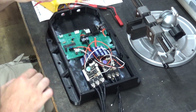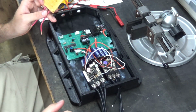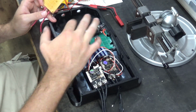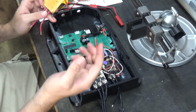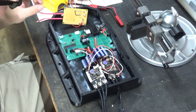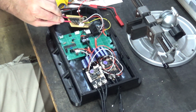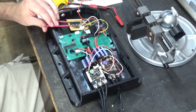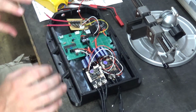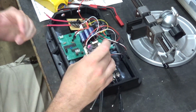I do want to go through, there's a lot of white residual from the super glue. It got all over the circuit board, the whole enclosure, all over the circuits, but I still got to super glue the bracket for this soft start anti-spark down. So once I get that done, I'm going to take the circuit boards out, clean the enclosure, and then put everything back in. But I'm going to go ahead and get these